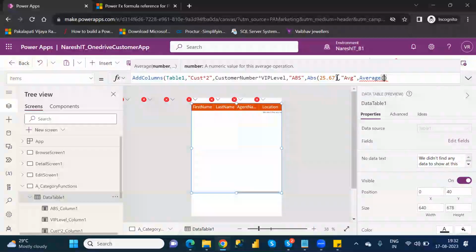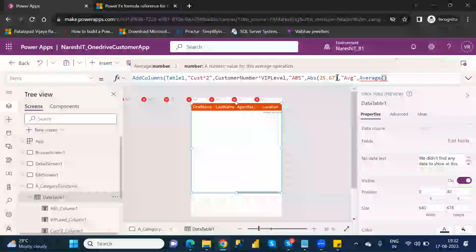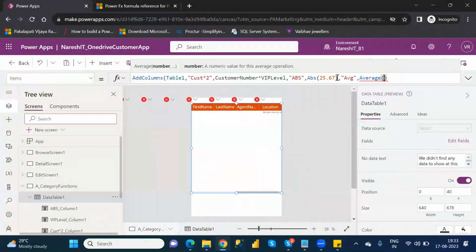Can we calculate the average on a date column? No, right? Can we calculate the average on a character-related column? No, right? The average function works only on numeric or decimal-related columns. That means in the average function, you just need to pass either a numeric or a decimal-related column. Understand? Suppose, for example,